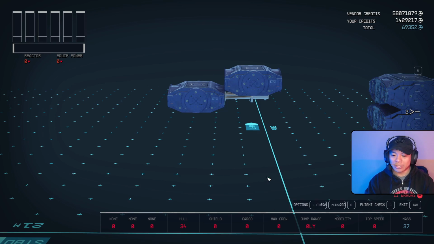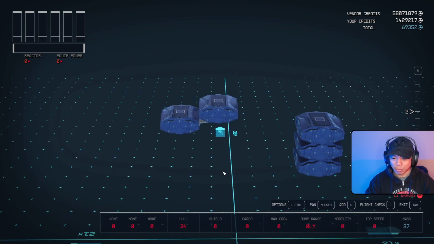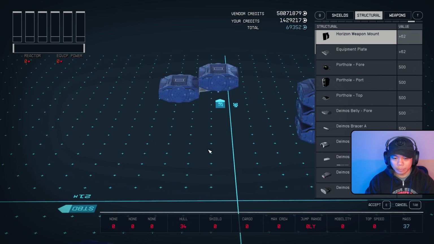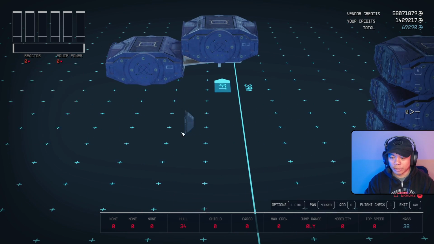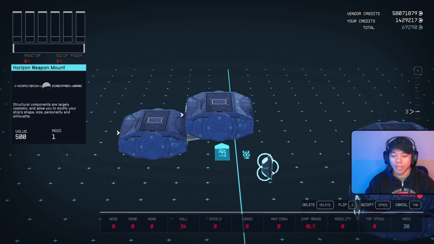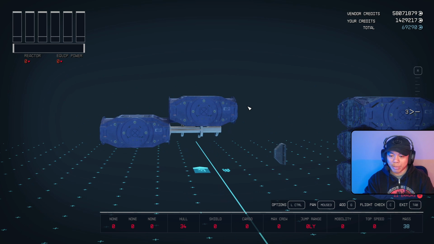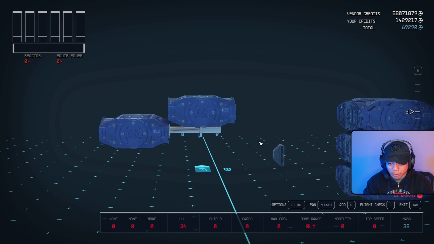Perfect. Now let's create this gap that we're working on. So what I'm going to do here is bring out the horizon weapon mount, and what I'm trying to do is move these pieces almost a half step down. If you do a perfect half step down in this method, the gap is a little too wide. So use the horizon weapon mount because it's smaller than a full half step, and that gets closer to the position I want. So I'm going to add a weapon here,